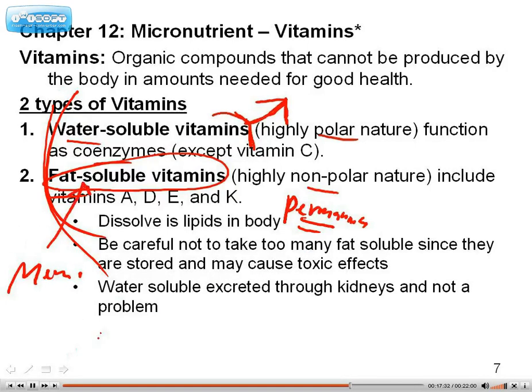Well, if you're taking a lot of over-the-counter vitamins in containers, then that could be an issue. You're not going to overdose on fish or chicken. You'll gain extra fat, but you're not going to overdose on these vitamins. You could overdose from good old vitamin containers. So be careful how many once-a-day vitamins you take.